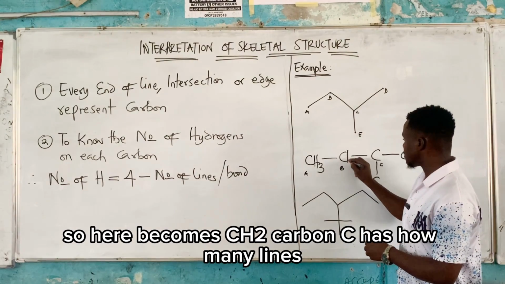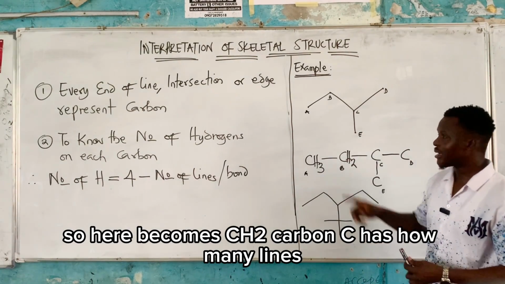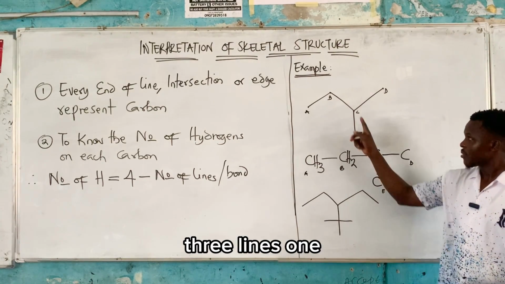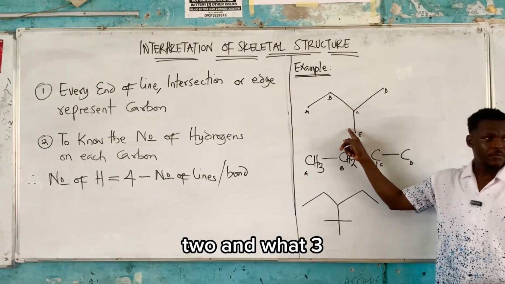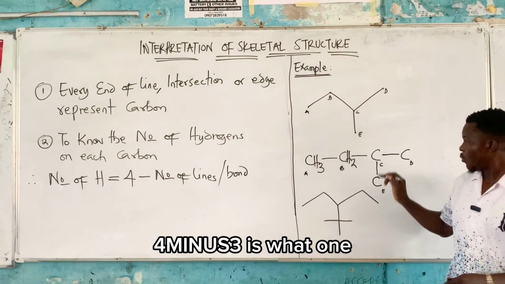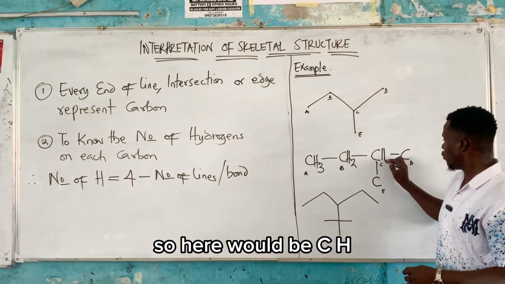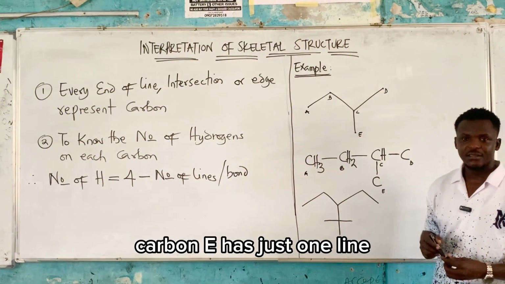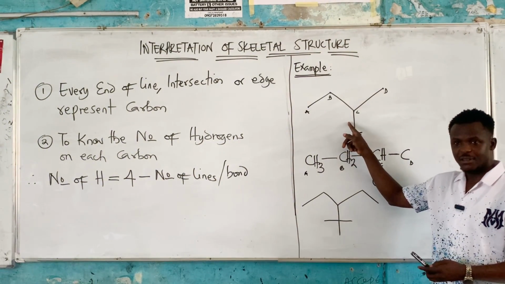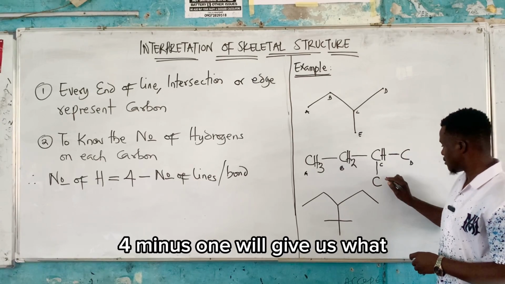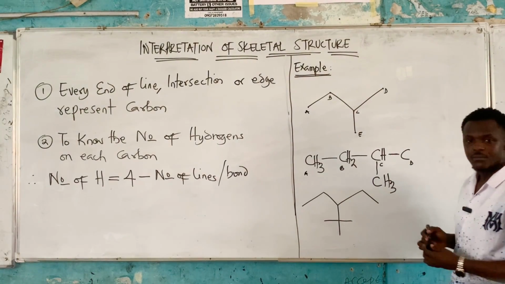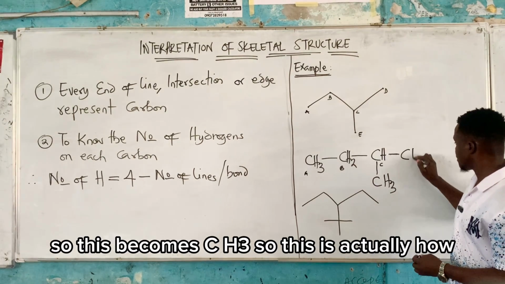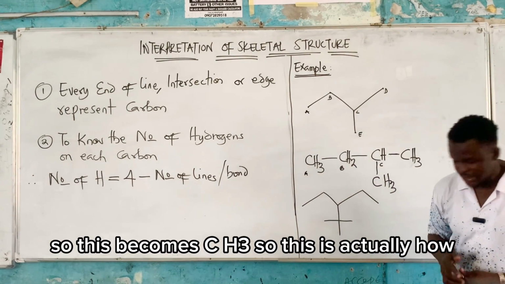So here becomes CH2. Carbon C has how many lines? 3 lines. 1, 2, and what? 3. 4 minus 3 is what? 1. So here would be CH. Carbon E has just 1 line. 4 minus 1 will give us what? And carbon D has just 1 line, is it also? So this becomes CH3. So this is actually how